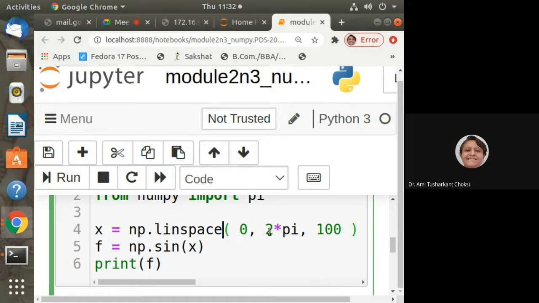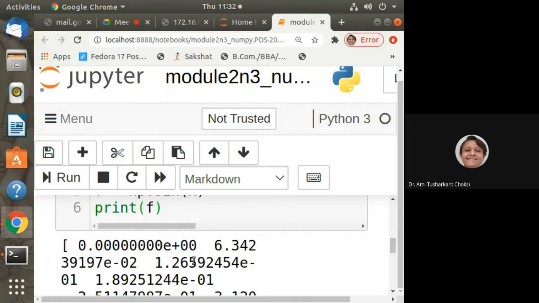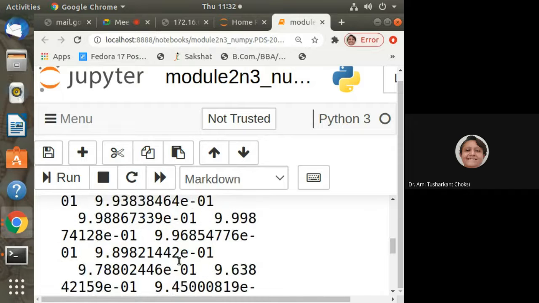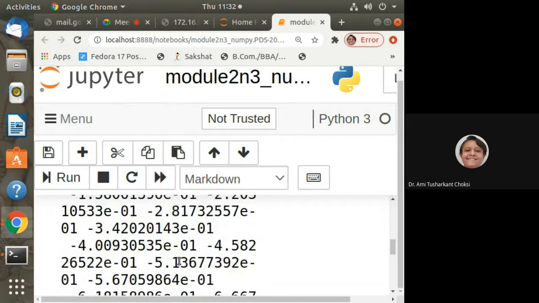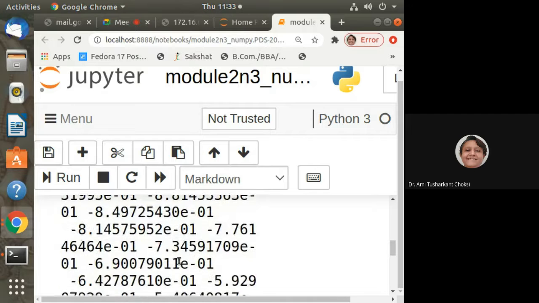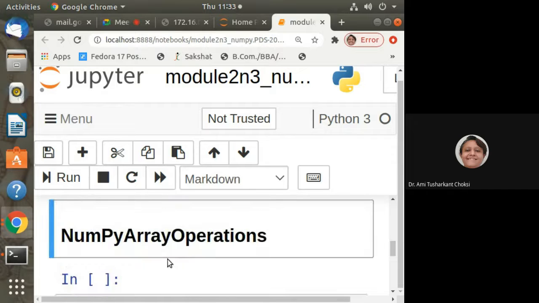So 0 to 2 pi and we want to have 100 such parts, right? And then f is equal to np dot sin of x, and we are printing. So here are our values, which you can see yourself.